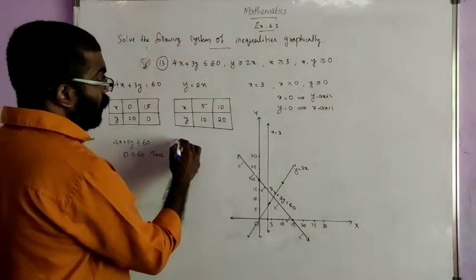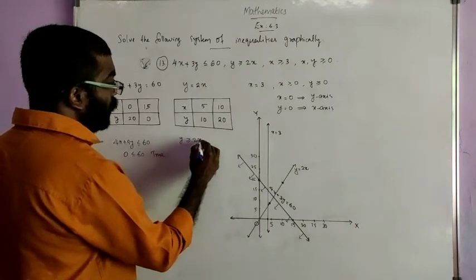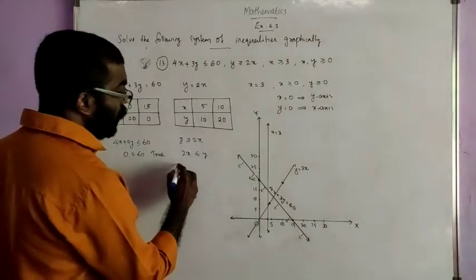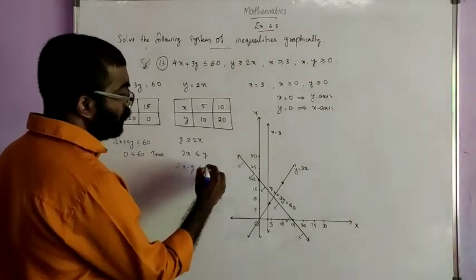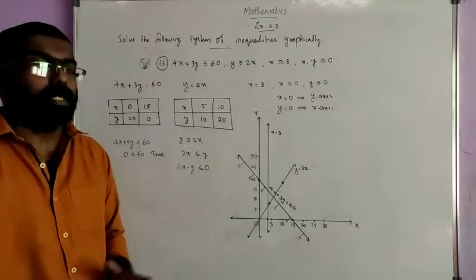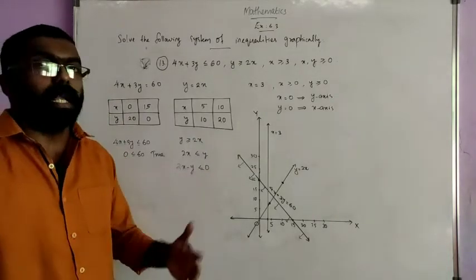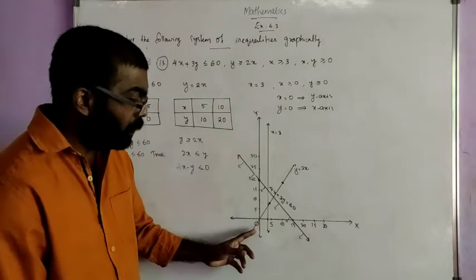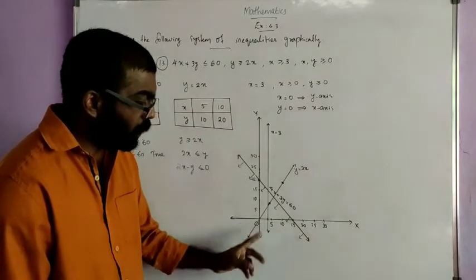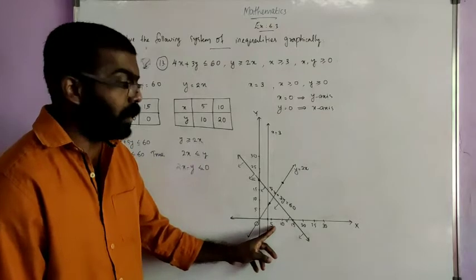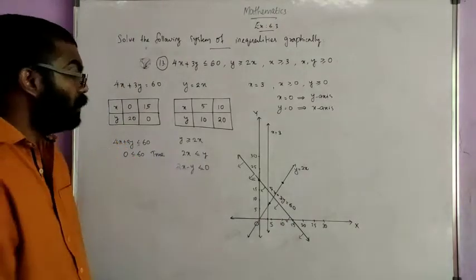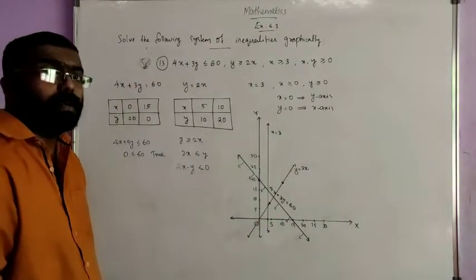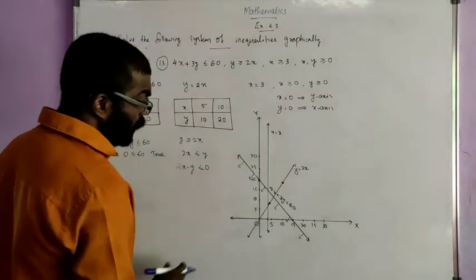Then for the second one, it is not in the proper form, y greater than or equal to 2x. First of all, 2x less than or equal to y, and we can take y to the left side: 2x minus y less than or equal to 0. So here the problem is the RHS part, it is 0. We have to take a point other than 0 to check the half plane. So we can take any point on the x-axis or y-axis. Here I am going to take 5, 0, on the x-axis. Since the line passes through the origin, we cannot check the point 0, 0. That's why we take any other point.